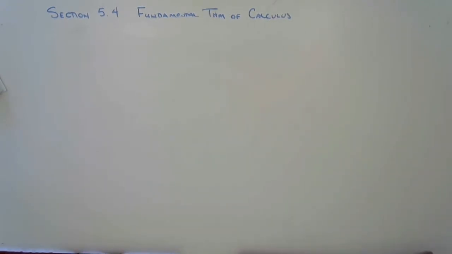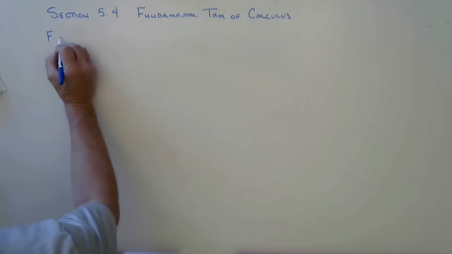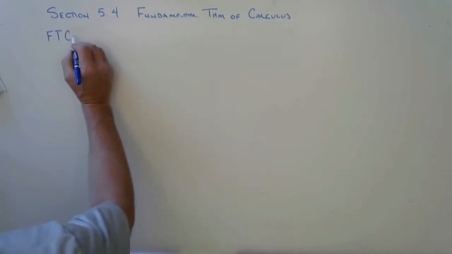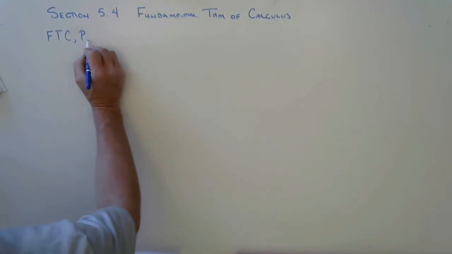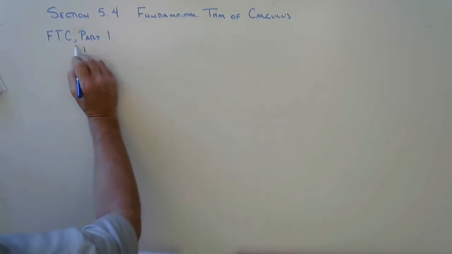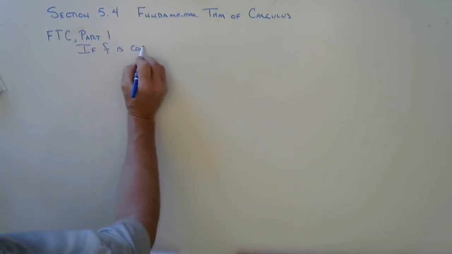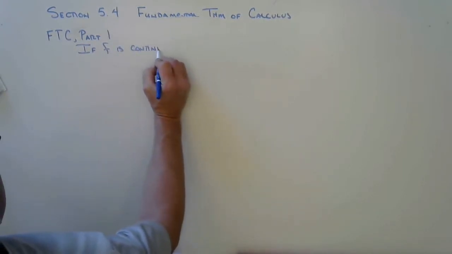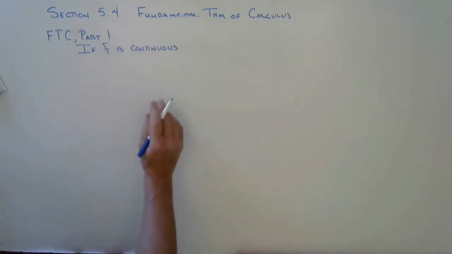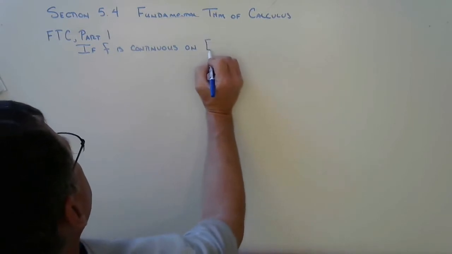All nice and clean for the fundamental theorem of calculus. But it's a big deal. We've worked hard to get here. So here we go. This is the fundamental theorem of calculus, part 1. And here's what it says. If f is continuous, no holes, no jumps, no vertical asymptotes, if f is continuous on a to b,